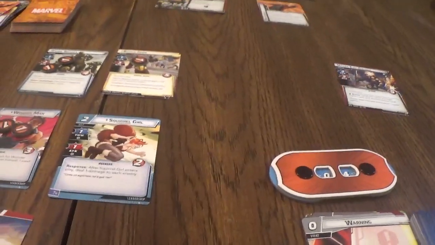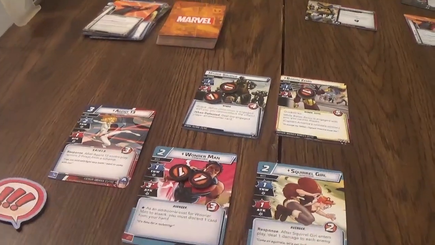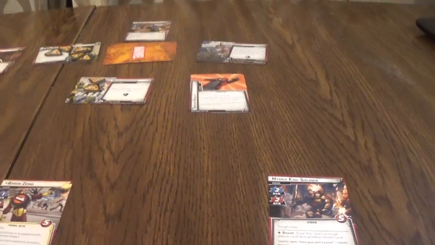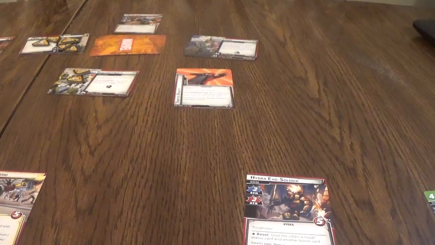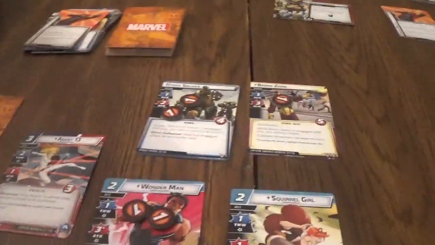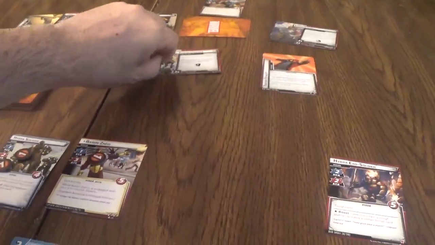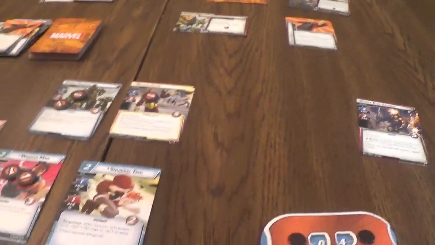Okay, so that was Captain America. And what I want to do with Agent 13, of course I have to get an encounter card because I defeated that scheme. Okay, Agent 13 is going to thwart for 2. And I did that on that one, yeah. Did that for that. And then I'm going to have